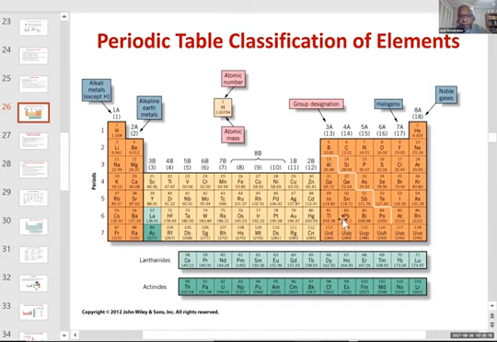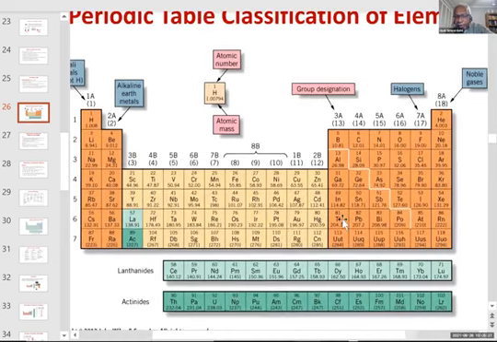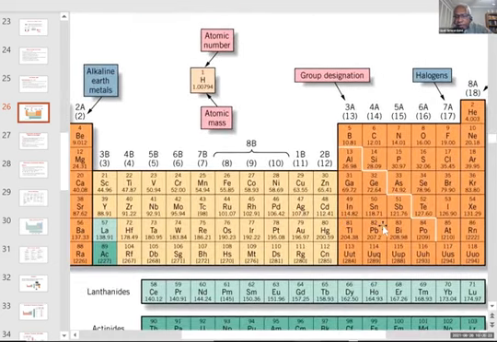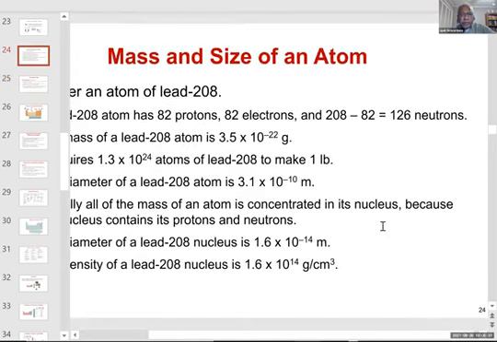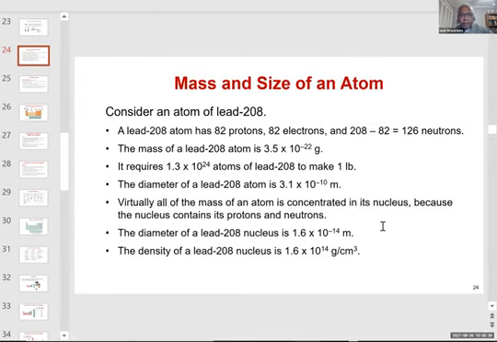Can you see 82 here? So for any element, you can get the atomic number from the periodic table. So once you get the atomic number, 82 for lead,